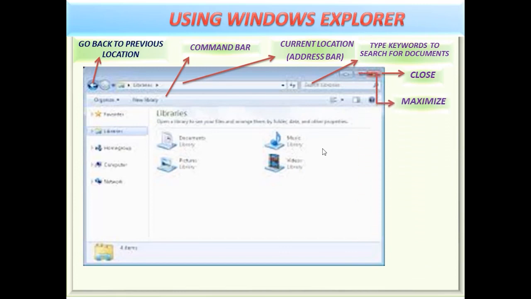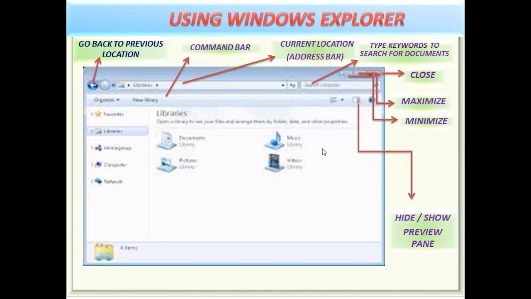This is the maximize button. When we press this button, you can maximize the window. This is the minimize button. You can pin the window on the taskbar. Hide and show preview pane.